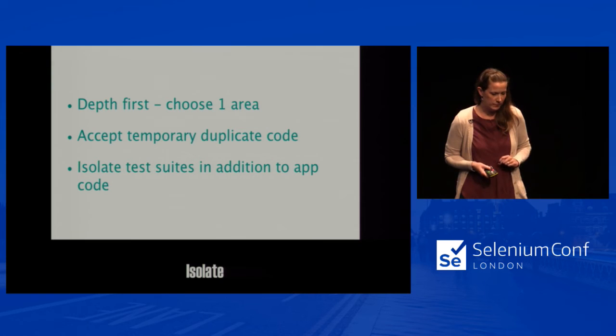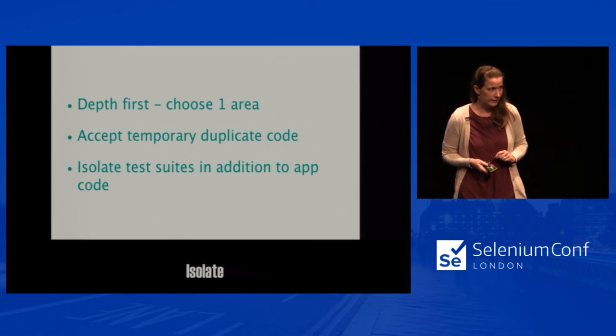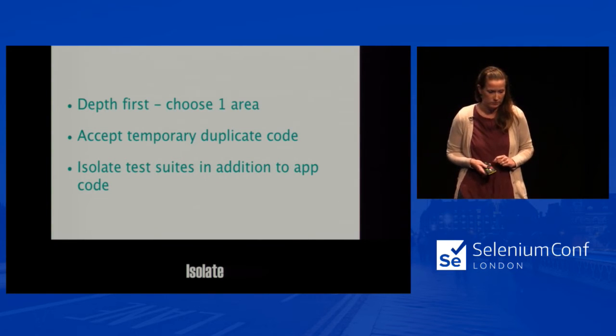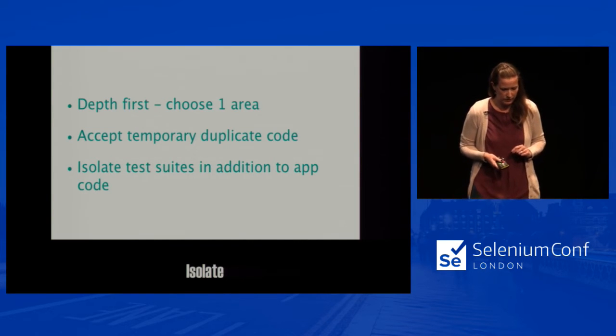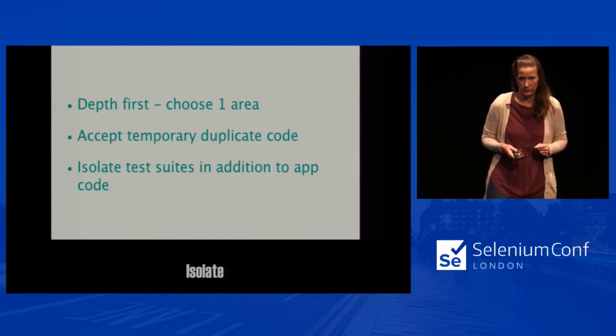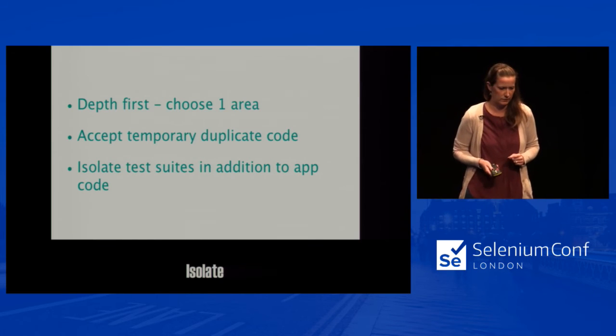This area should exhibit at least 2 of the categories Kat discussed earlier that you're trying to address, but it may mean duplication of code for a short term. Test suites and builds should be isolated along with the app code to model ideal patterns there as well. And in the extreme, an entirely new physical app can be created to house the refactored code. And this should tie into your decision on how you move forward because your users would see a refresh in this case.